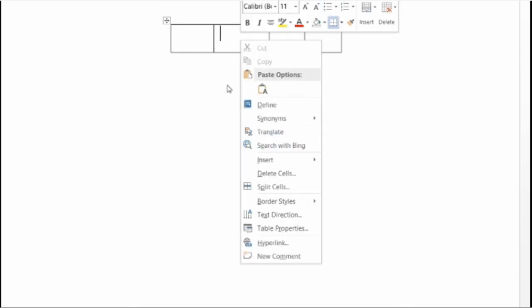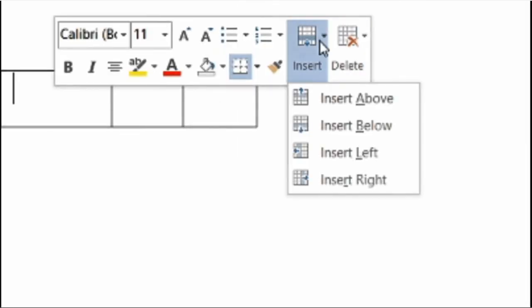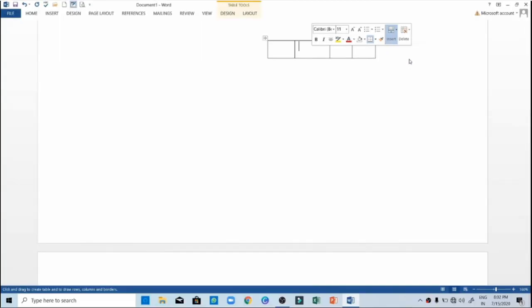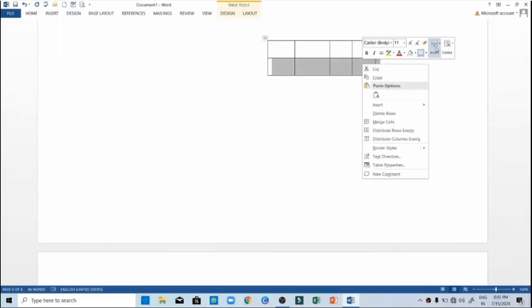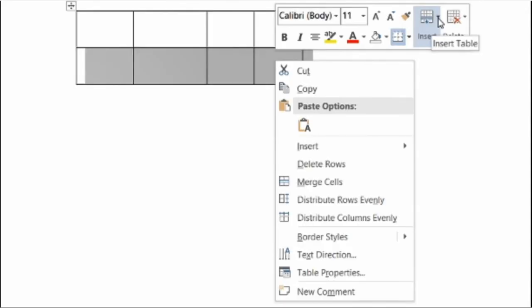I am selecting, see, so small columns with narrow margins and one row I have selected. But this is not all. Here also the same thing you can do. See, a row I have created with 4 columns. If you want to insert more, you can click on insert, and again choose what you want to insert, row or column, above, below. It will select the entire row because here the column option is not there. That means it will select the entire row.